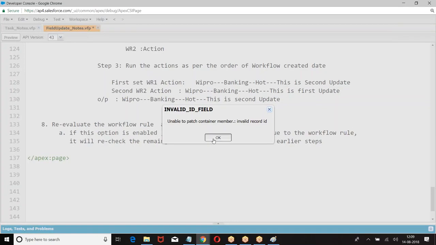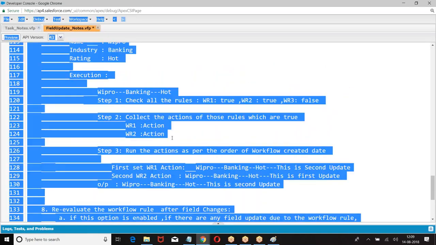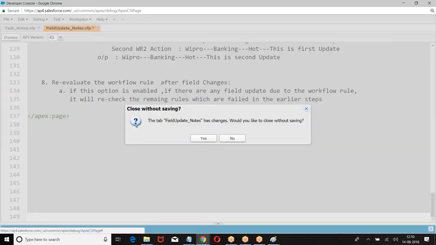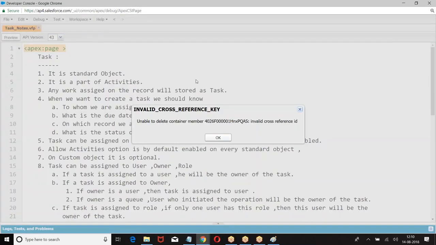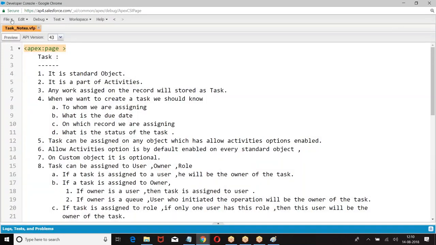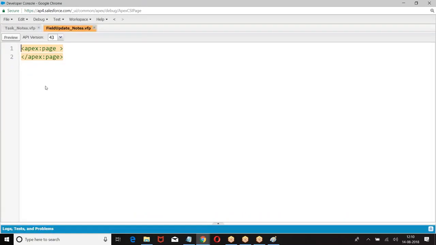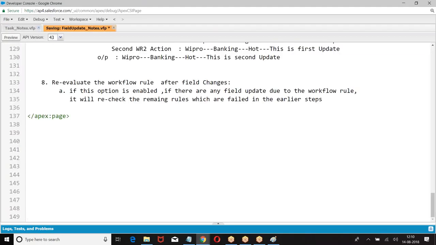I hope everyone has got this step. I'll give one use case for your practice. Cross check this. Is this condition clear?